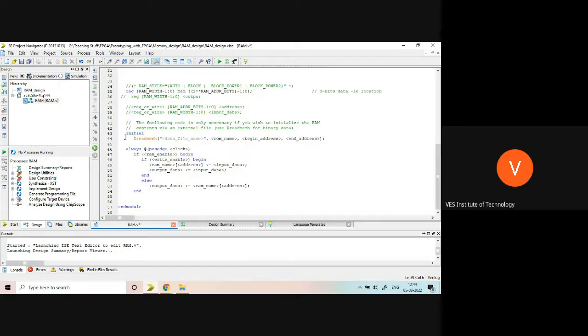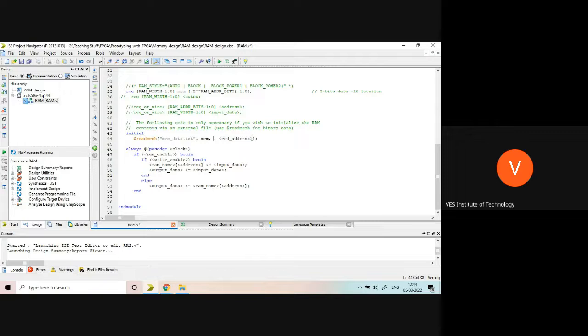Okay. Now this part is called the initialization of a RAM. So right now I will mark this file as mem.txt, mem data. If I wanted to initialize the data with this, then I will make this file mem.data.txt. Then ROM name I have to give. So ROM name right now is mem, because I have created this mem. Begin address will be, it is not mandatory.